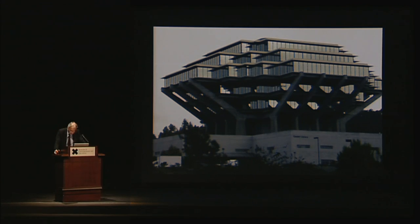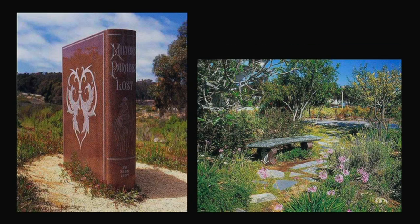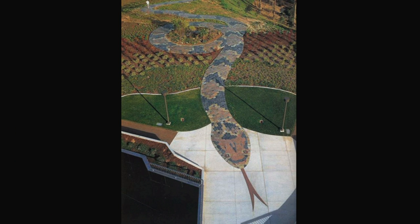You can't really miss Alexis Smith's Snake Path. It has the biggest footprint of any of the pieces, but it plays a funny game with the otherworldly Geisel library. The path disappears from many angles of view and takes you past a Paradise Lost to Eden, the book on the left, to Eden on the right, to Rest and Think. Then it takes you up to the library. And only then do you get the full view,